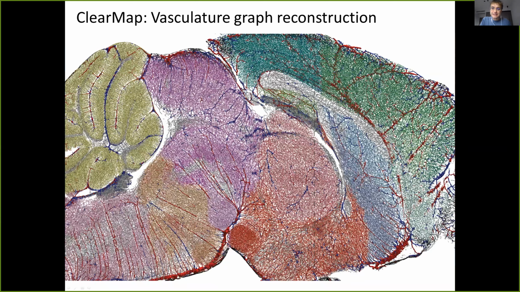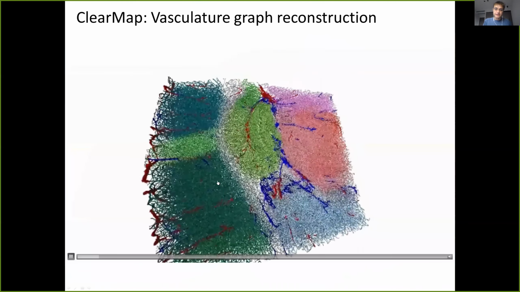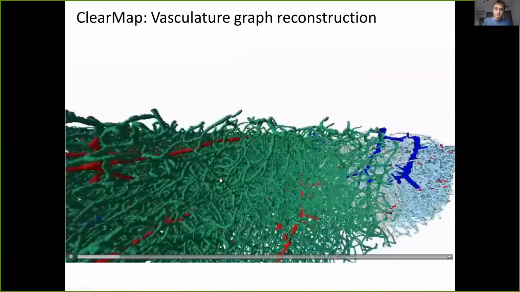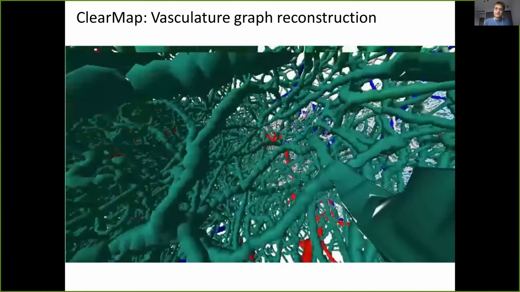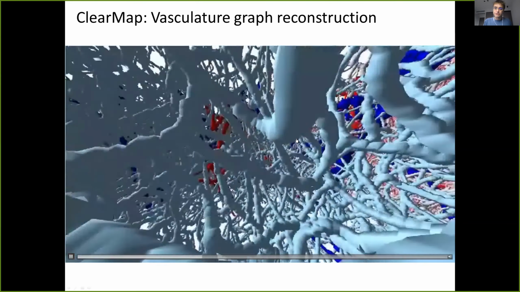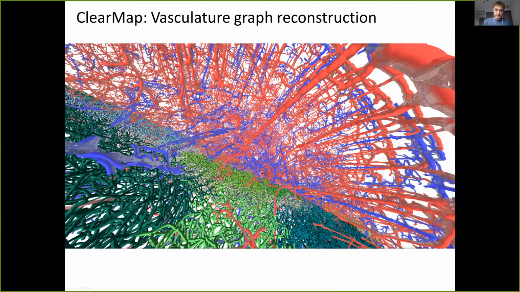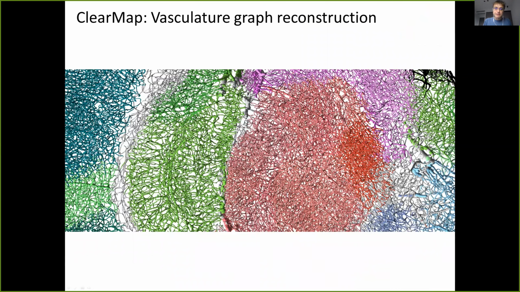Once you did this, you get these really beautiful graphs of the brain vasculature, which are quite big and even hard to render by itself. So I scroll through some of those images just for fun, or some video here of some slides. You can fly through a bit to give you an idea how dense this vasculature is. The colors here represent the brain atlas, and red are arteries and blue are veins. Here again, just rendering a small slice and then all the arteries and veins we detected, just to give you some impression. Here you see a bit more detail.